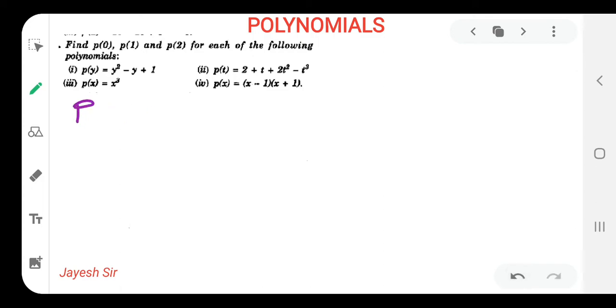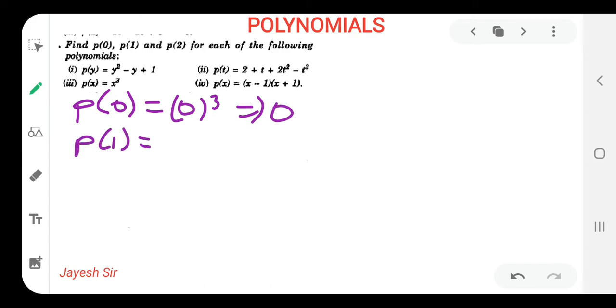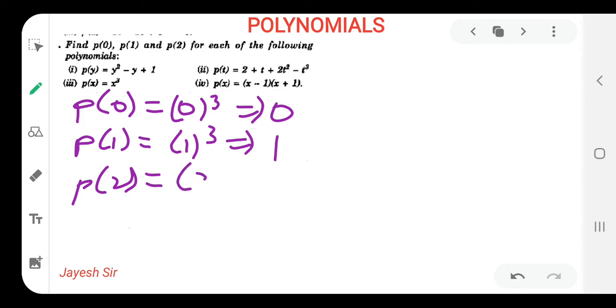So we'll start with p raised to 0, p having variable 0. Now x cube, sorry, 0 cube, that means 0 only. So it was simple. Now put the value of variable as 1, 1 cube. 1 cube means 1 only. It was much simpler than that. Now put the value of variable as 2. 2 cube, we all know it is 8. In this way we have done our third sum. Also it was very simple, friends. I hope you all might be able to do by your own.